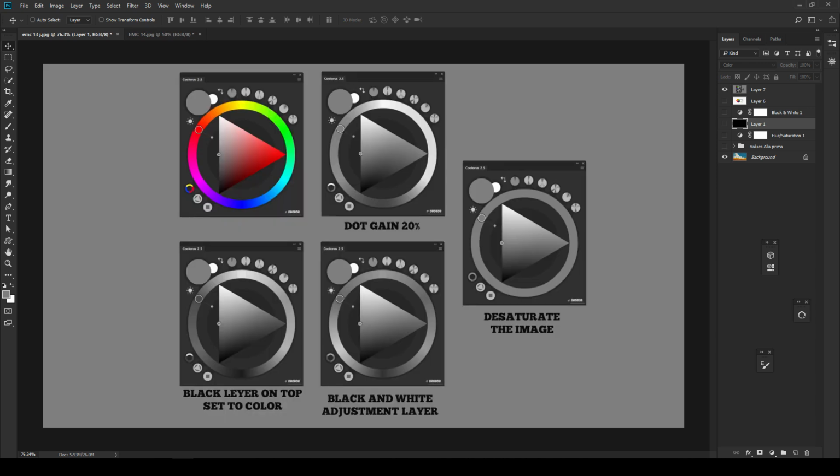If you see here, we have the color wheel right here. Let's say the worst one will be the saturated image. You will see that the value relationship between the hues is totally lost. We see uniform, incorrect values. If we use the black layer on top, we see that the blues are very dark compared to the correct one, that will be the dot gain